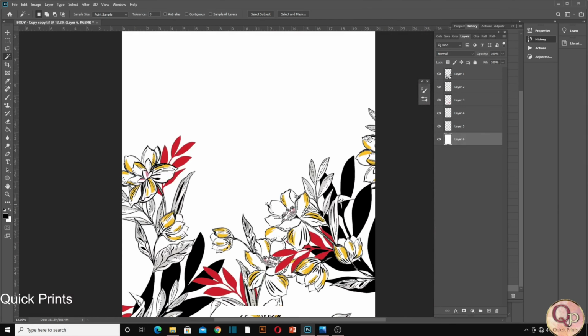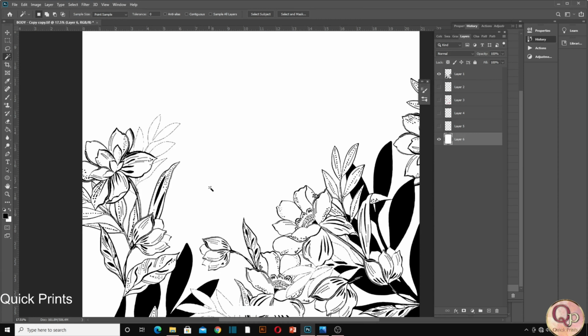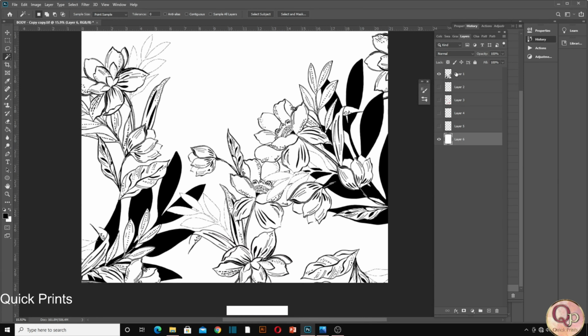So now you can see the layers. Let me show you the layer wise. One, black layer. You can simply give the name black print, right? Now this one is the yellow layer. Yellow, sorry, yellow color.